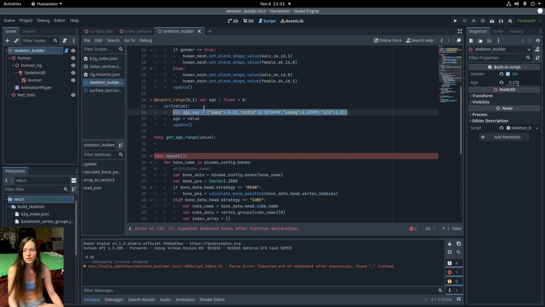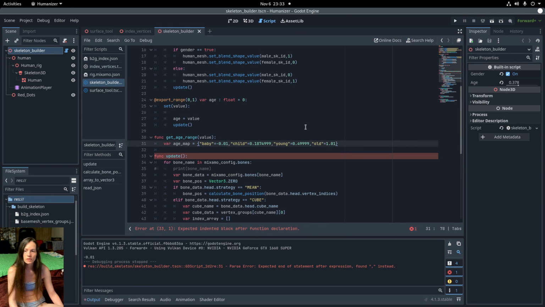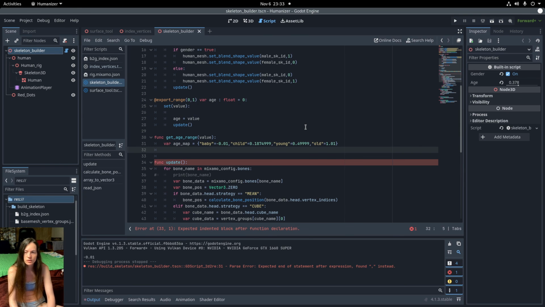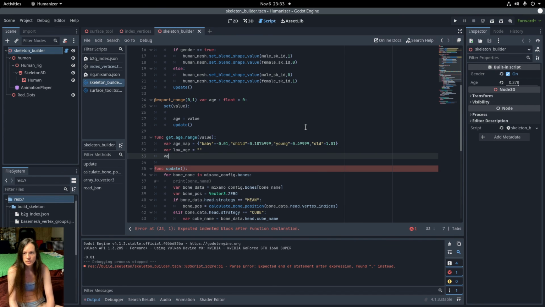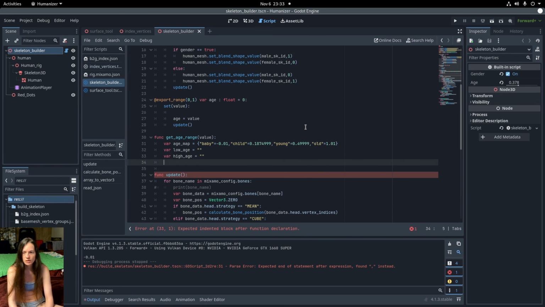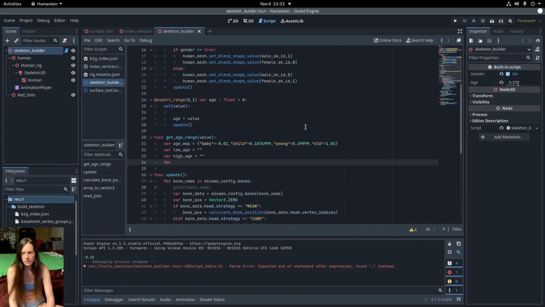I can just return when I find the correct range. So then I'll make a low age and high age variables equal to empty string, and I'll iterate over the age names in the age map